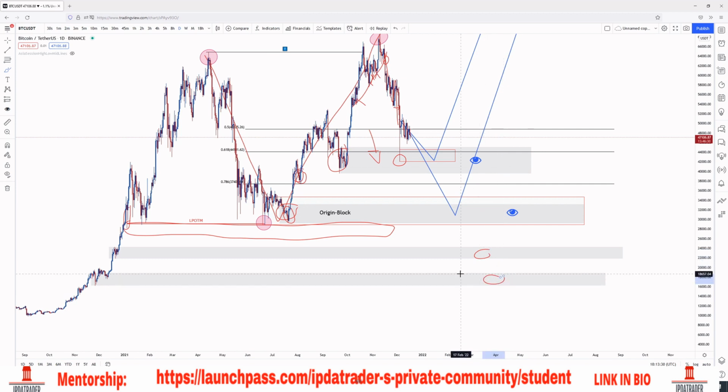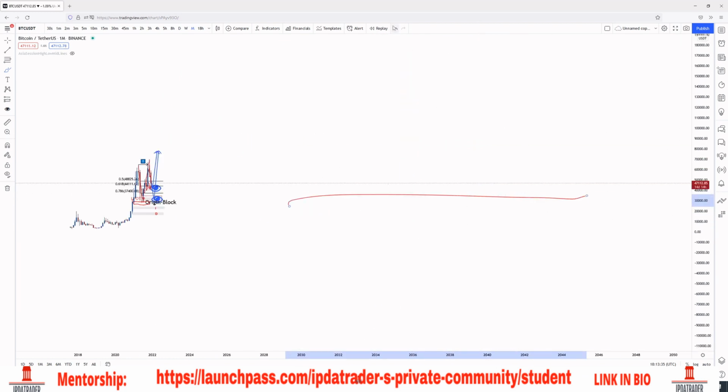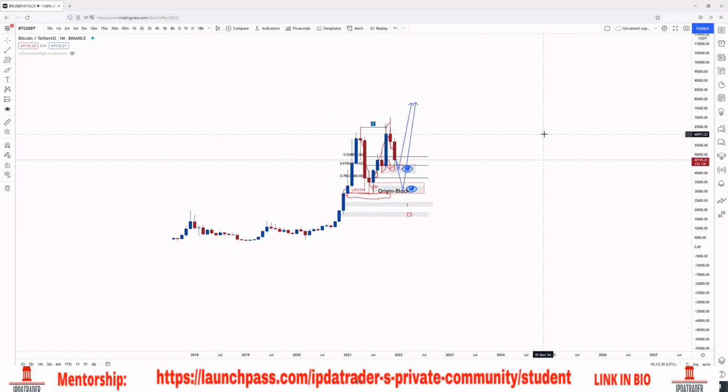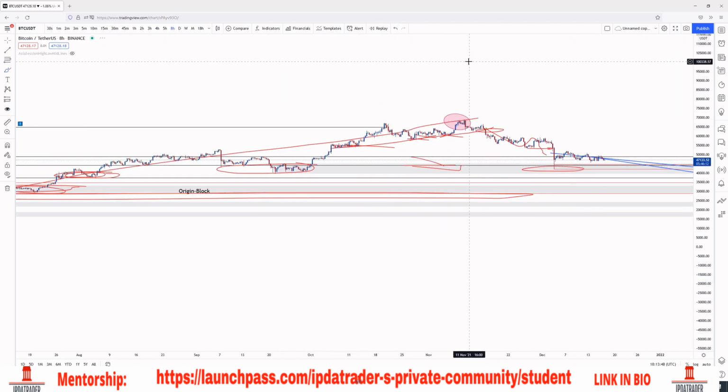Because once again, if you're looking at the higher time frame perspective, this market, even though we don't have that much data, is extremely bullish, right? There's no reason for you to believe that, hey, now we're going to be going all the way down. No. No, absolutely not. I would actually be interested in getting into buy positions over here.